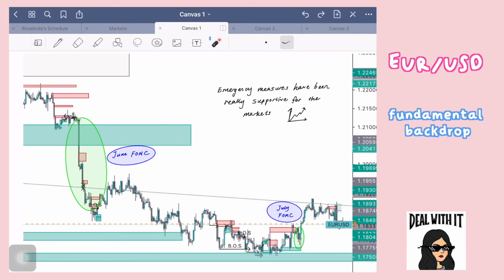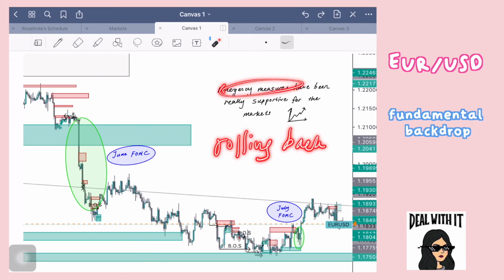Is the Fed going to move faster in rewinding all these? And if it does, that's what's going to cause a bit of a shock to your risk sentiment. It's going to cause a deterioration in your risk-loving appetite, which is what we saw actually in June. So this is why June was so important, because it signaled basically a Fed that is more willing to move faster than what the market expected,